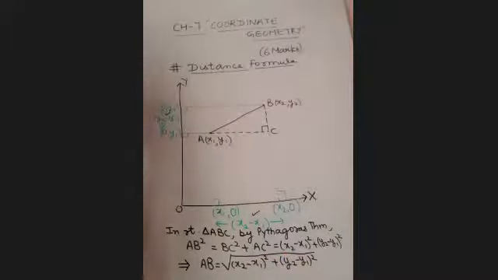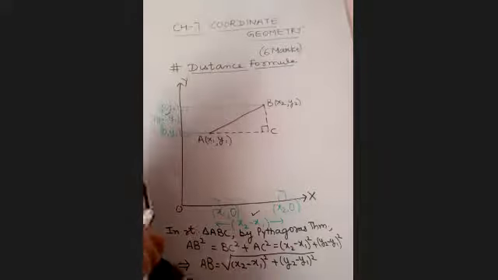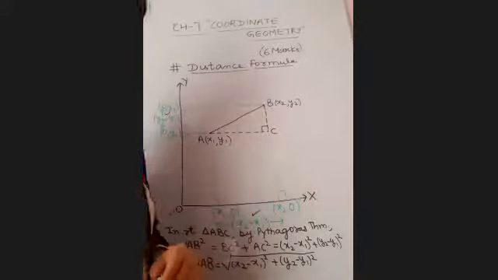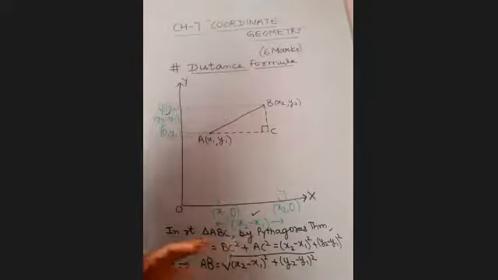This is known as the distance formula. So if you want to find the distance between any 2 points whose coordinates x1, y1 and x2, y2 are given to you, this is the formula we need to apply. And there is nothing to cram up. If you have understood the process, you can do it easily. Clear? Yes, ma'am. So that is how we are going to do it. This is the distance formula.